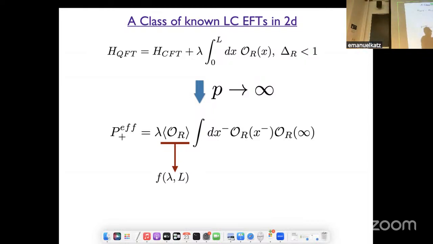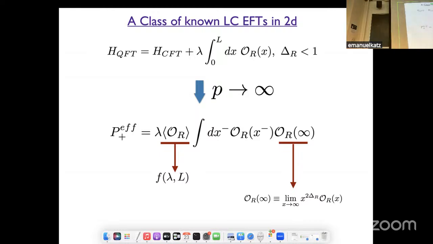But then you have an expression which is manifestly boost invariant, in terms of an object that is perhaps unfamiliar for some of you. But if you are a CFT person, then this is a very natural thing. It comes out from the inner product. You take an operator, you multiply it by its scaling dimension, and you take x to infinity. So this is a very natural operator in the context of CFTs,